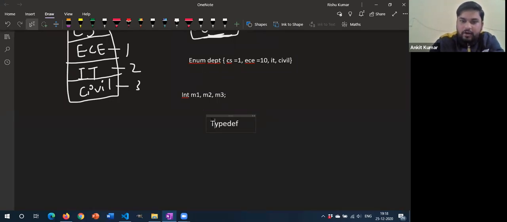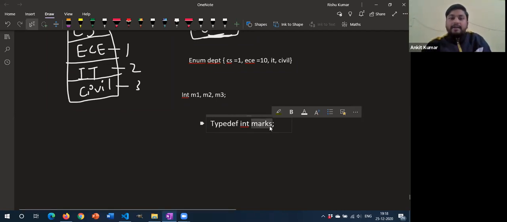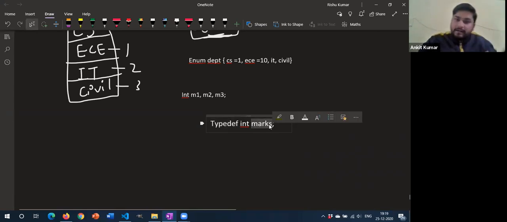T should be small. Now typedef, this keyword. T should be small, it is auto correcting it. After that int, and then whatever variable name that you want to use, which is marks, and then close it. So now what happens is this marks has become a data type. For marks, the data type is integer, but when you use this keyword typedef, then this marks has become another data type, and now you can use this marks as a data type in your program.